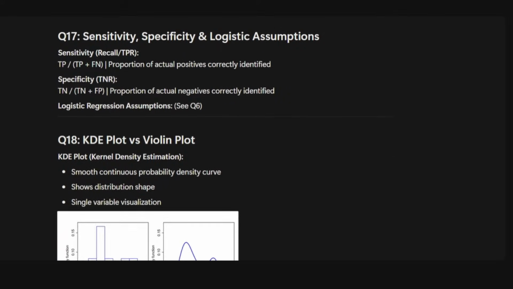You have to define sensitivity, specificity. What are the assumptions of logistic regression? Now, when we're defining sensitivity, specificity, do it with respect to your true positive rate and your true negative rate. Also, ensure that you have that diagram that is like your circle. For example, if you remember, there was a circle that is carved out and it shows which is true positive, which is false positive,